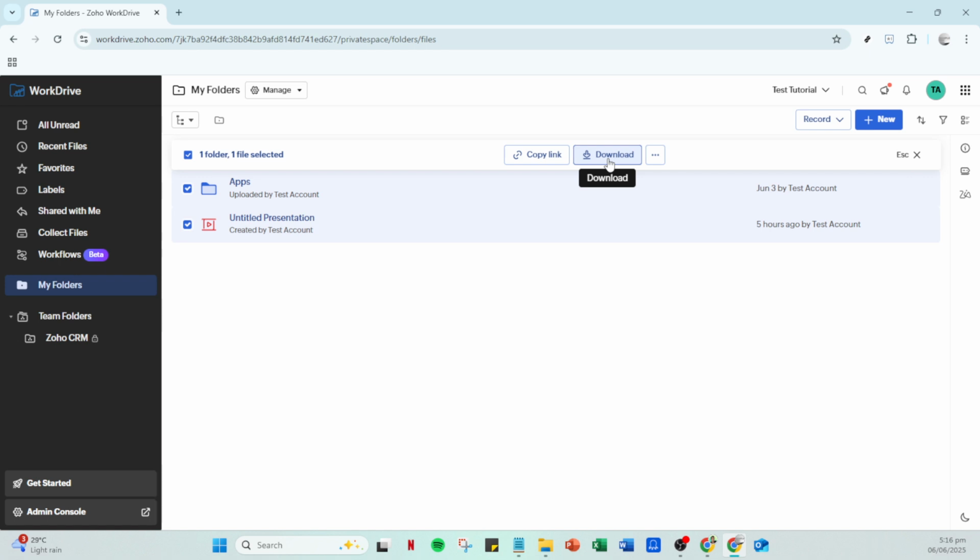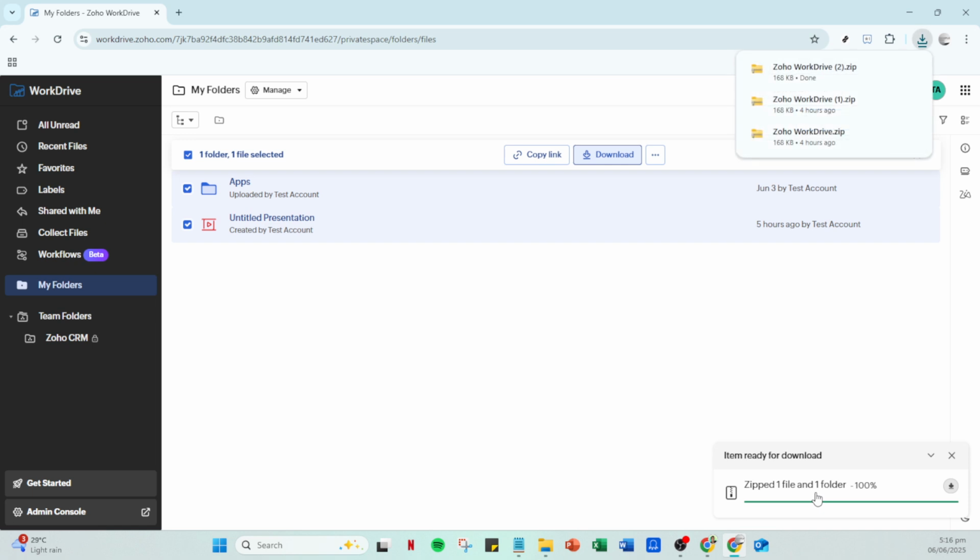Once your selection is made, direct your attention to the available options and find the download button. Clicking on this will initiate the download process of your selected items. If you've chosen multiple files or an entire folder, Zoho will conveniently compress these into a single zipped file. This makes handling large volumes of data much more manageable and ensures you can quickly store them on your preferred device. If you've got broader backup needs, such as a complete backup of all your data, there's an alternative route